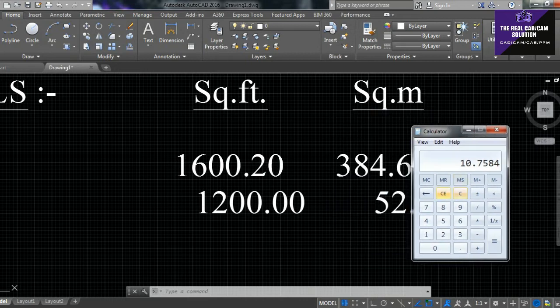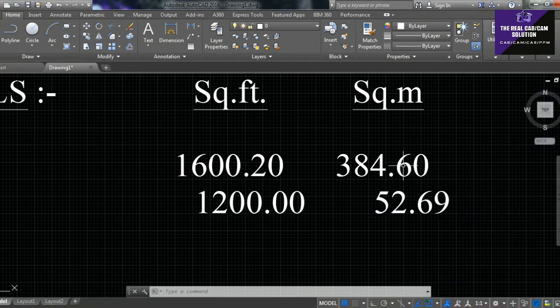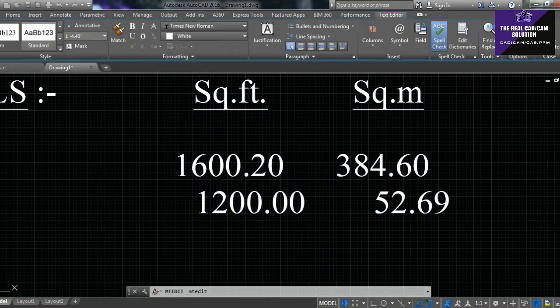Take this, and I'm going to divide the 1600 square feet by 10.75. So here my square meter is 148.83. This is 148.83, my land area in square meter.